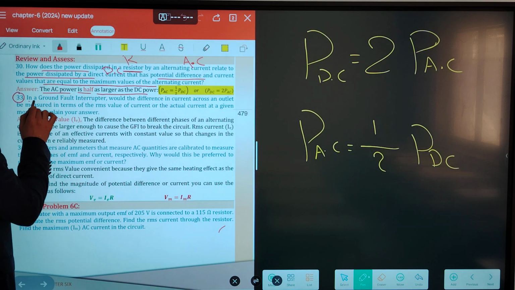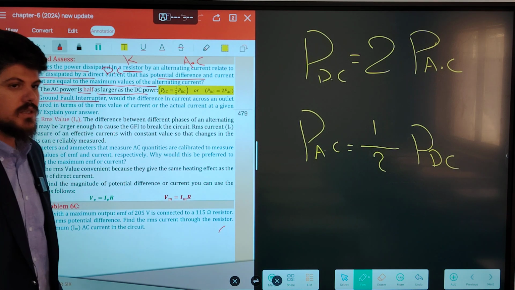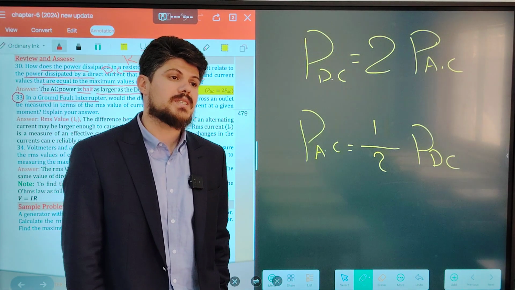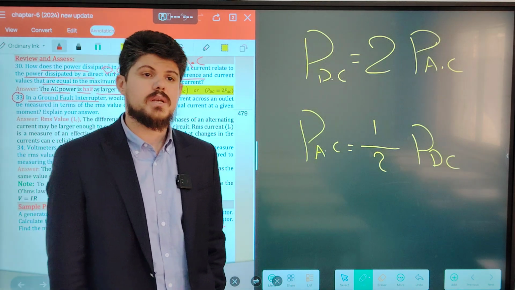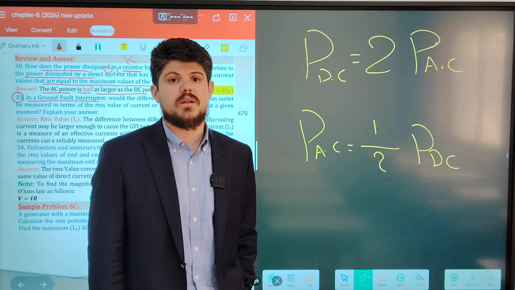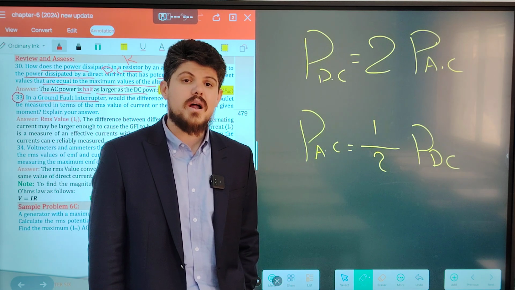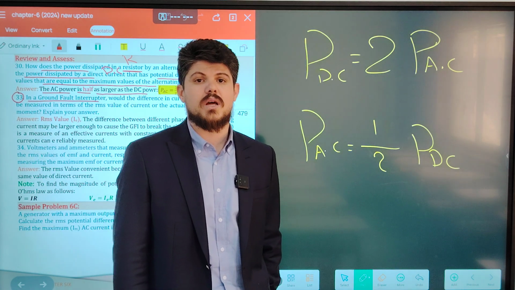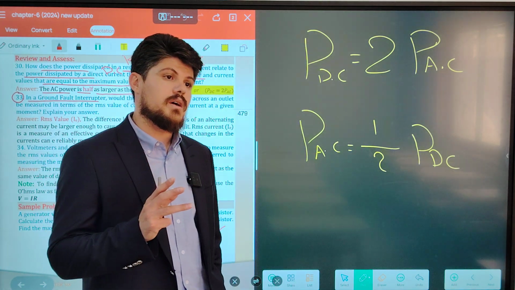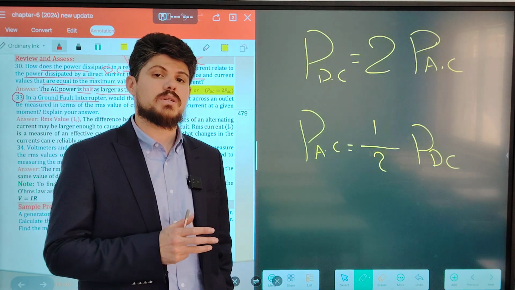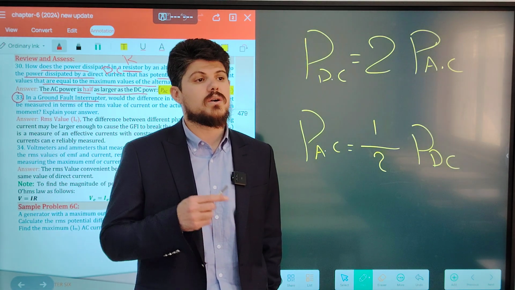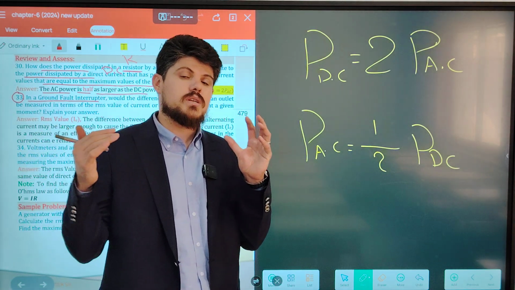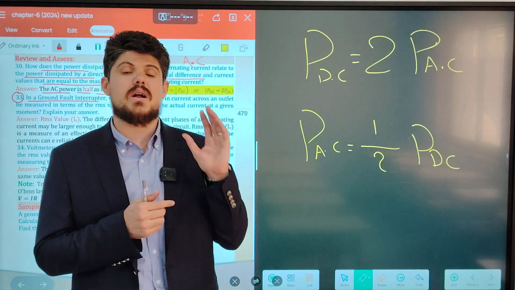Question 33. In a ground fault interrupter, GFI is a socket that can be used as a safety device in our home. For example, in the presence of an electric shock at our homes, this socket is installed by the effective value, the RMS value of the potential difference or current. For example, if the socket is installed with an effective value like 220 volts, and due to an electric shock or leaking of the potential difference at some point of the wire, or any other electrical shock, the potential difference goes more than 220 volts of the RMS value of the socket,